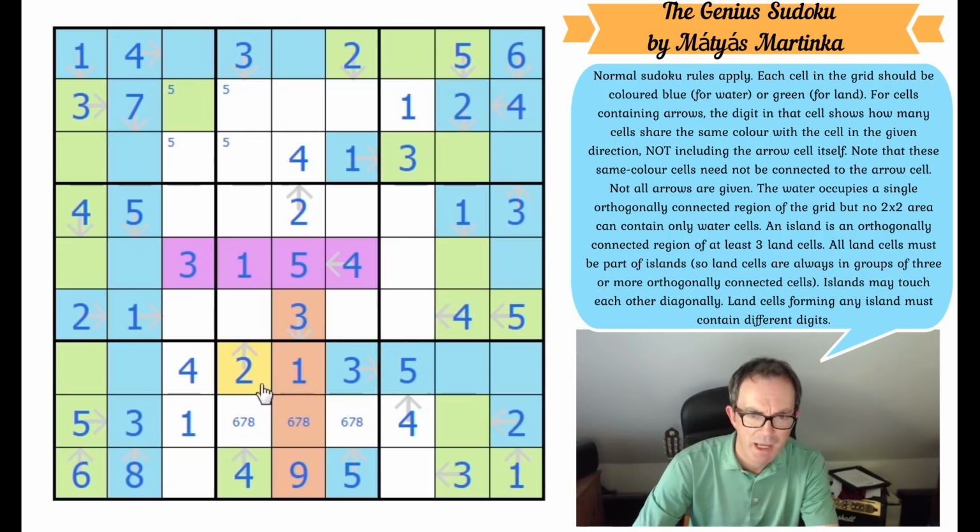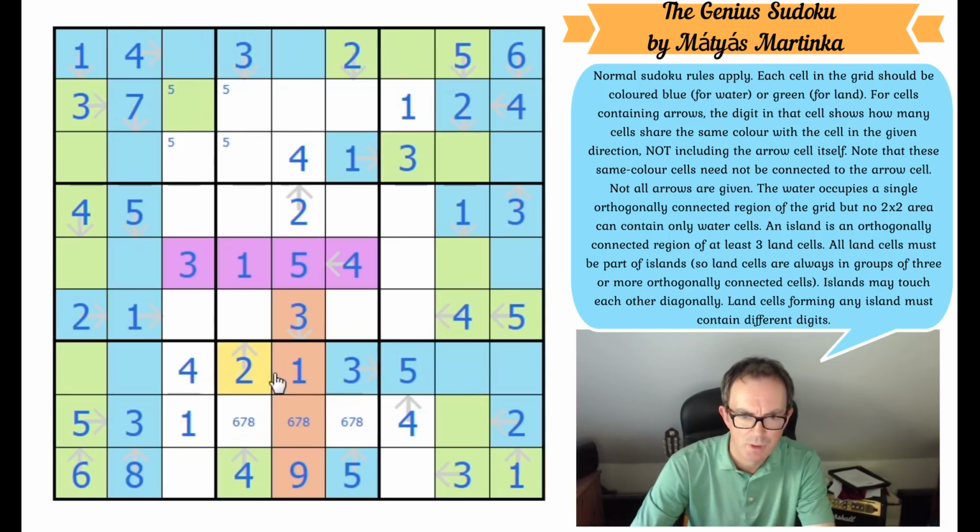I'm looking at the parity of this 2. I'm just wondering if we can prove that it must be... It looks like it's green, doesn't it? Because it looks like this is going to be a green 4, that will be green, and that will be green, and we will be okay. So is it possible that this is blue? Now, if this is blue...